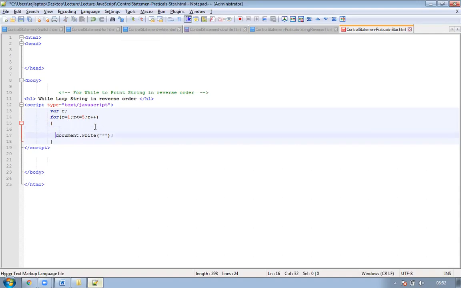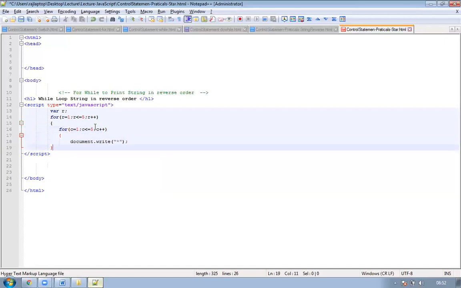So I start again with the second loop. I'll say for again. This is to count the number of columns. So column C less than or equal to 5, column plus plus. This loop starts here and it ends here. What happens?